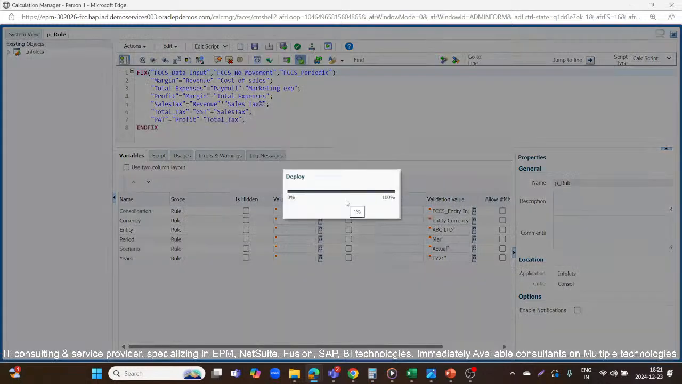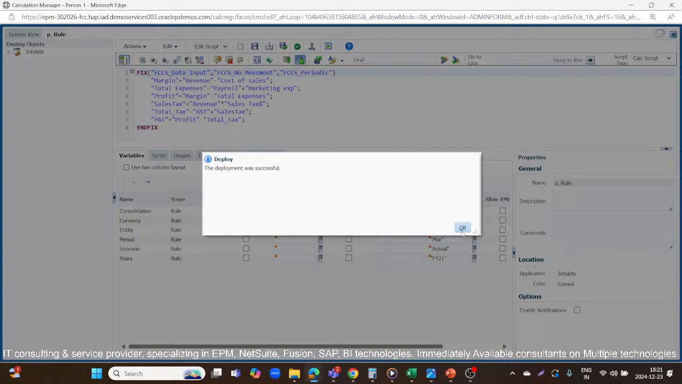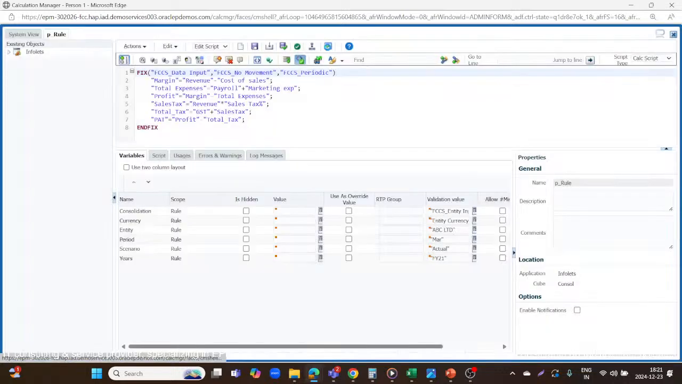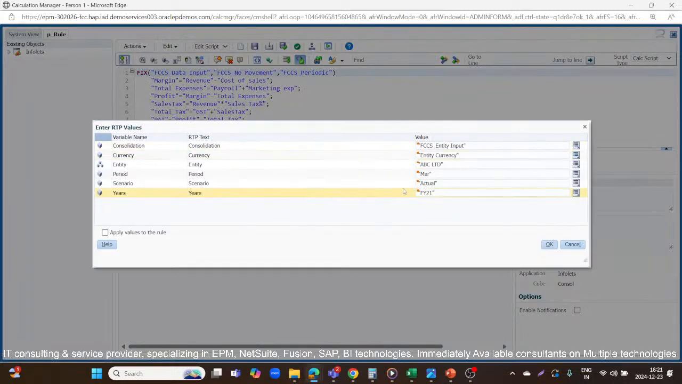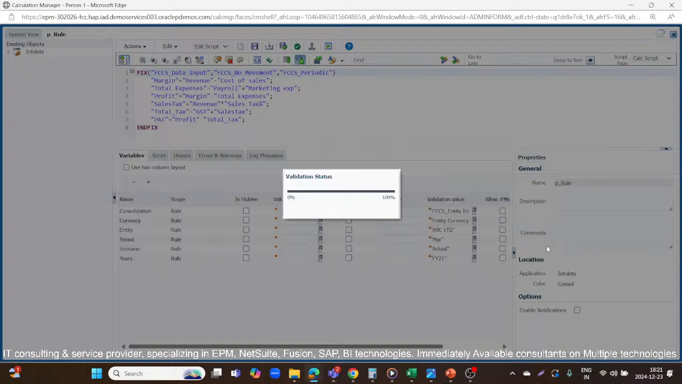Then you can deploy this rule and then launch it. When you launch it, you have to enter the runtime prompt values. For consolidation, I have defined the value as entity input. For currency, I have used entity currency. My entity is ABC Limited. Period is March. Scenario is actual. Year is FY21. So when you click on OK,